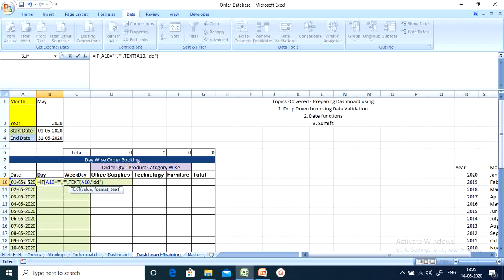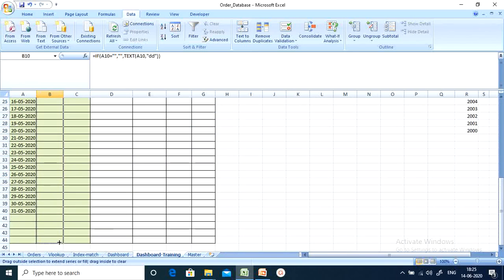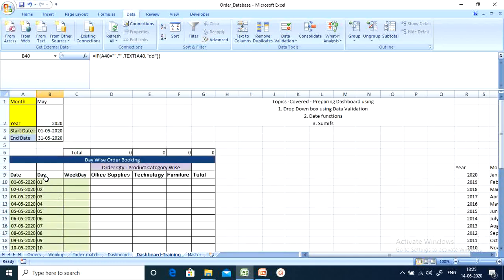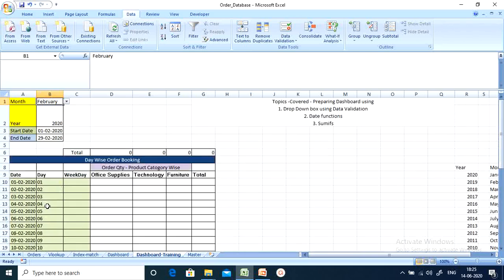So the starting date of the month is displayed, and I drag it down to the bottom. Here the days in the respective month are displayed. Suppose I select February, this is displayed for the current year.